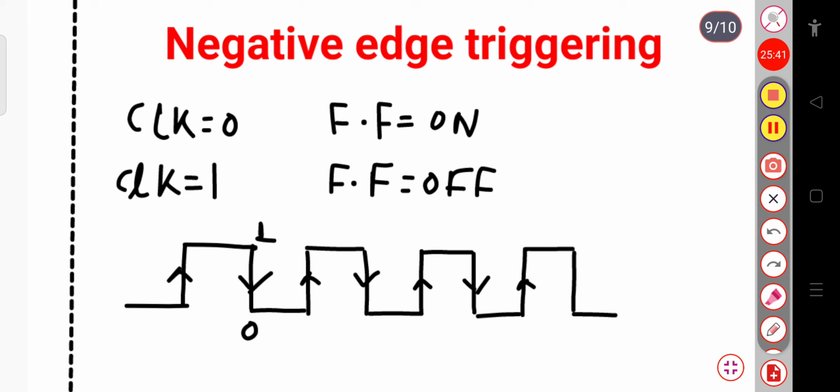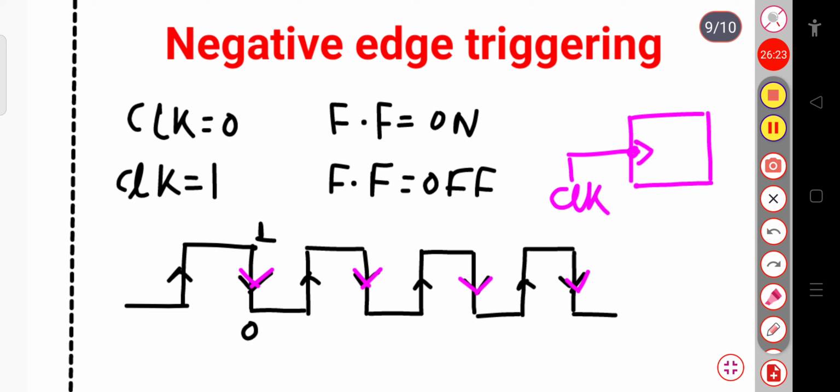But for 1 to 0, you can see this is 1 to 0. This one is from 1 to 0, and this is for 1 to 0. For this condition, when it goes from 1 to 0, this condition is considered to be the on state. And also this one, 1 to 0, is considered to be the on state in case of negative based triggering. This is suppose a flip flop, and for negative based triggering, I have to give a bubble here, and this is the arrowhead. This is my clock, where I have to give the pulse.